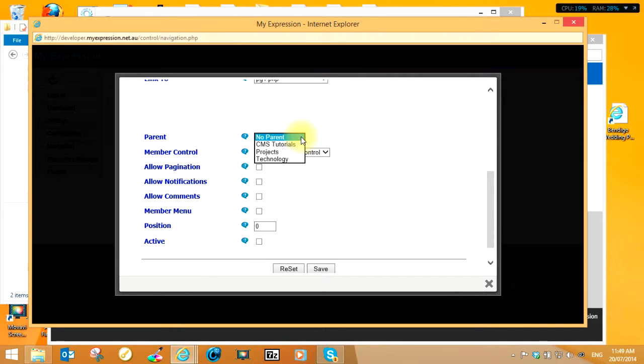Now, if it's going to be a drop in the drop down of one of the other menus, we need to choose the parent. Well, it's not going to be allocated to a parent, so it'll stand on its own at the top level. So we'll leave that as no parent. You don't need to worry about the member control because we're not allocating